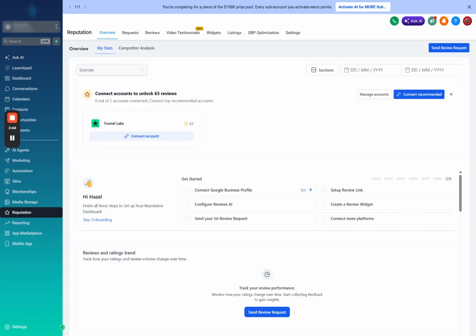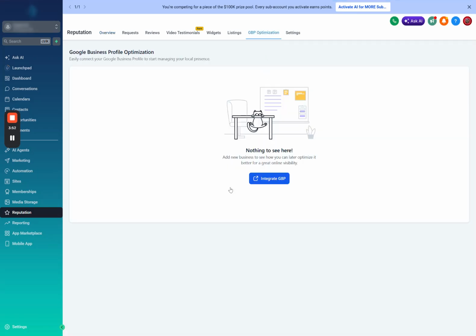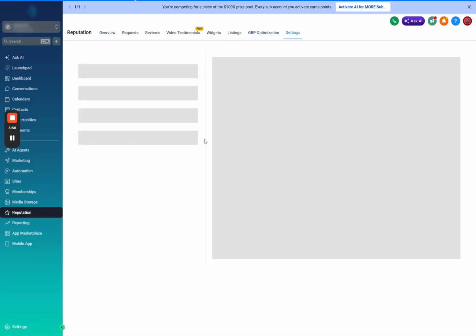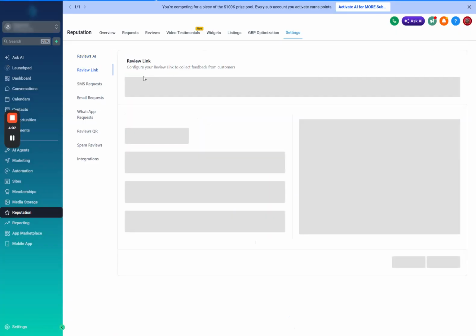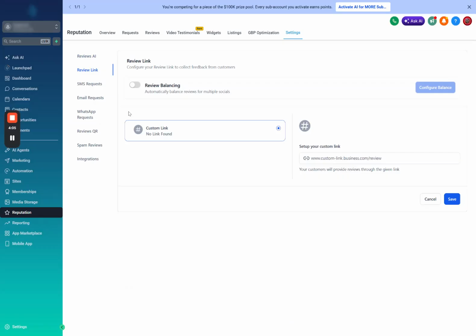Okay, so here, once connected on the Reputation, actually it will also reflect here, and then you can choose it in the settings. Here in the settings, there will be a link. For example, this is the review link. It will show here if you're connected on Google My Business.